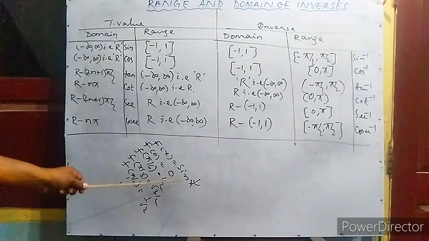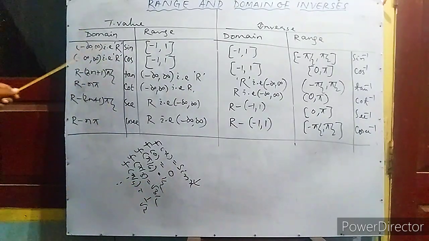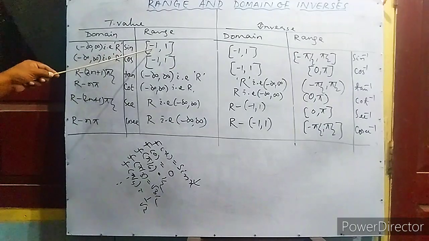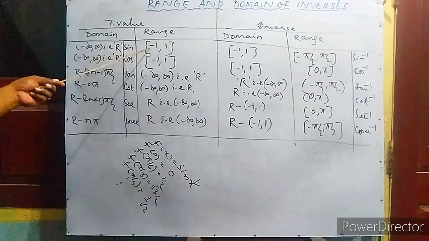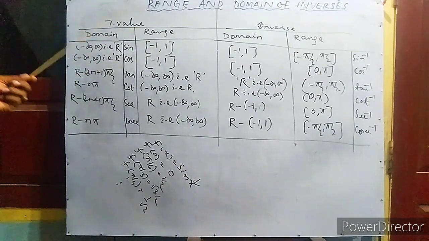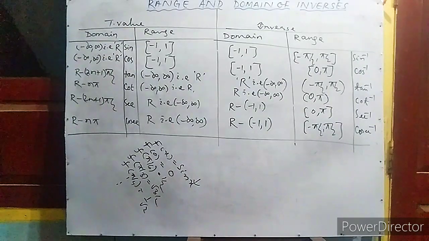What is the range? By putting any real number you will get a minimum of minus 1 and a maximum of plus 1. The range means the outcoming value. Suppose you get f of pi by 6 equal to 1 by 2, 1 by 2 is in the range. f of pi by 3 equal to root 3 by 2, root 3 by 2 is in the range. So the outcoming value cannot be less than minus 1 and not more than plus 1. So it lies between minus 1 and plus 1. Both minus 1 and plus 1 are included, so a closed interval is used.